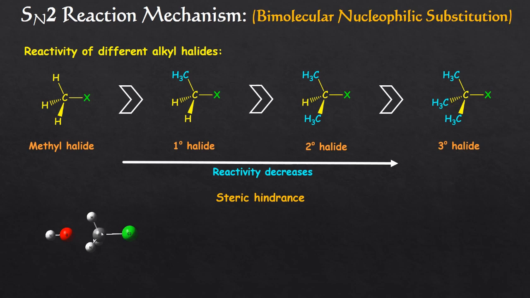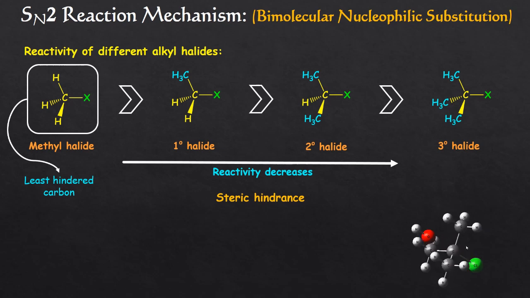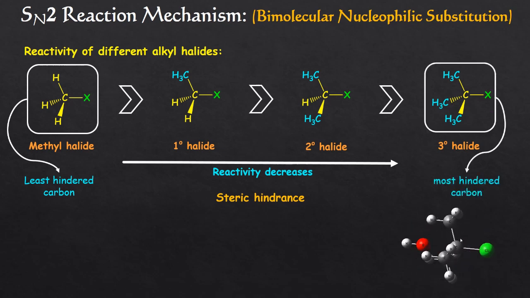With methyl halide, the incoming nucleophile will observe minimum strain from 3 hydrogen atoms, while in primary alkyl halide it will observe nominal strain from 2 hydrogens and 1 methyl group. In the reaction with secondary alkyl halide, the nucleophile will experience moderate steric hindrance because of 2 methyl groups and 1 hydrogen, while in the case of tertiary alkyl halide, the incoming nucleophile will be surrounded by 3 methyl groups, so it will experience maximum strain. Hence, the SN2 mechanism is not favorable for bulky tertiary alkyl halides.